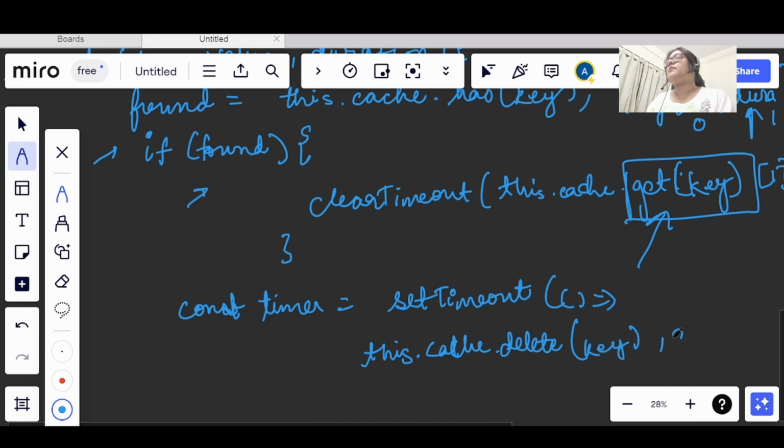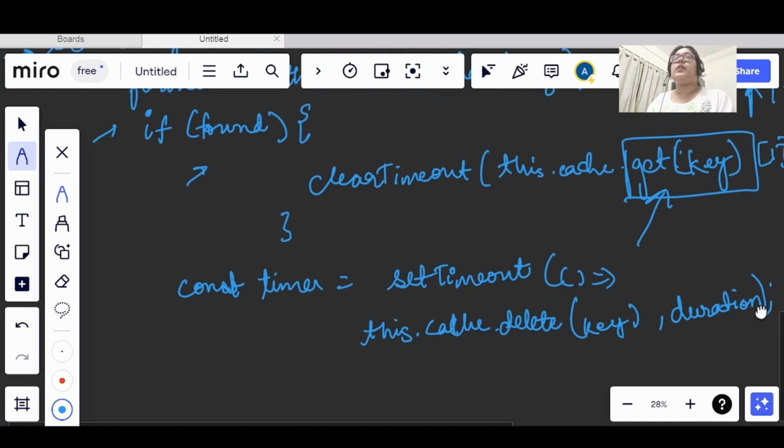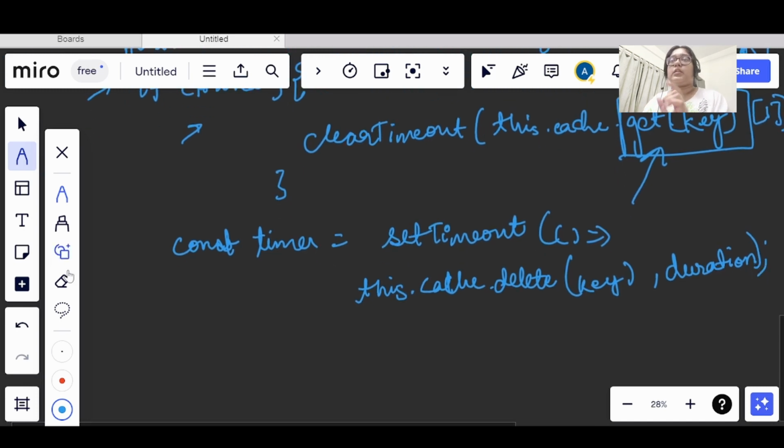Now we have the timer. This timer that we have, we need to set it in the key. Again, we have found a key and we need to add the values to it, so we will add this timer in that.